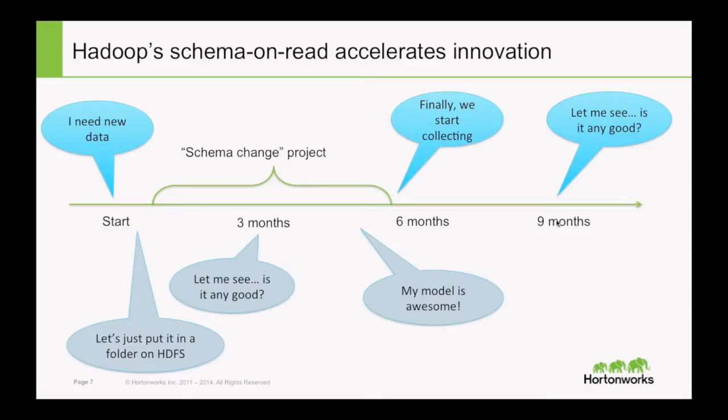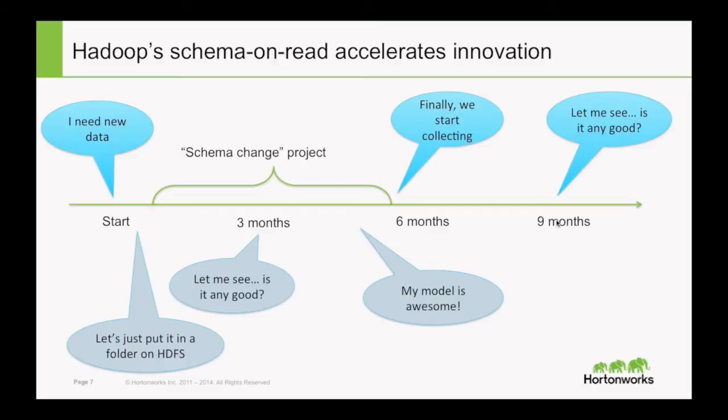So let me start with this example. This is something that happened to me quite a bit, maybe 5 or 10 years ago, where Hadoop didn't exist. What usually happens is I'm a data scientist. I have a certain model that already exists, and I have a new idea. Let's say I find that I can create 2 new features from sensor data.